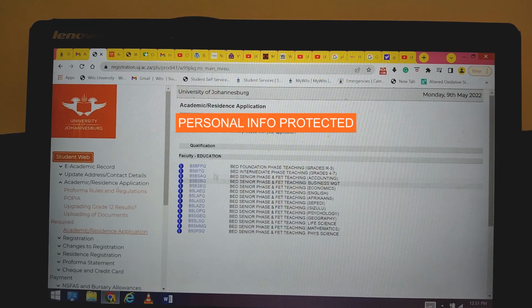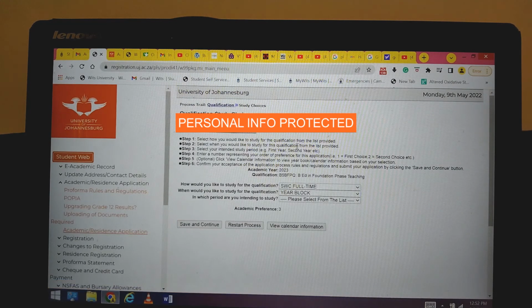You click search. It will search all the qualifications that are there under education or under teaching, right? Then you choose the one that you want. So to choose, you come to this blue codes that you see here, and then you click on one. Let's say, for example, you want foundation phase teaching. You click on it, and then to save and apply for that, or to select that particular qualification, you click on save and continue. It will then take